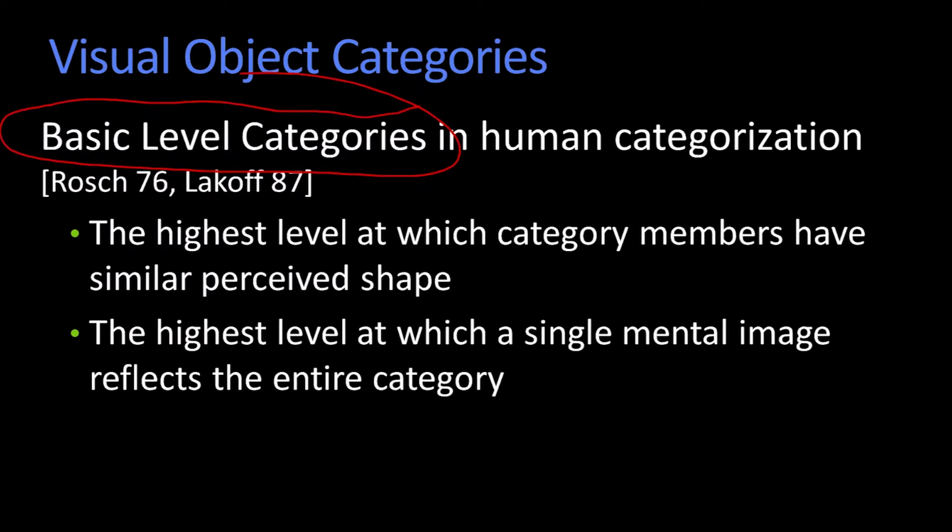Typically also you can make a mental image. If I say, make a mental image of a dog, you'll probably come up with something. If I say make a mental image of an animal, you're going to pick some animal, and then if I were to ask you what it was, you wouldn't tell me it's an animal, you would tell me it was a deer or something like that.